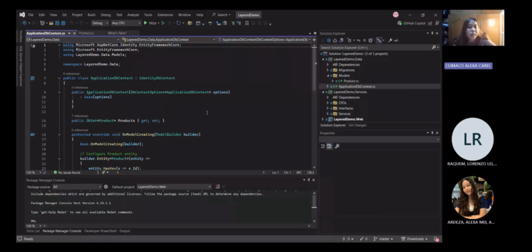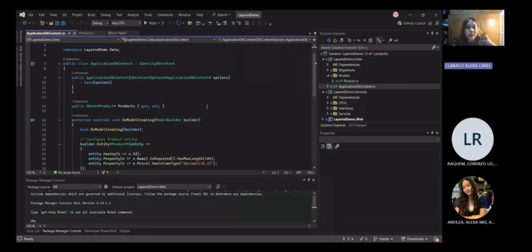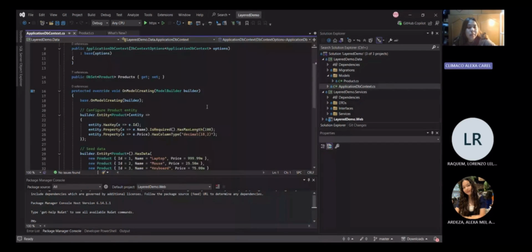Seed data is included to help quickly test the application, and migration support makes updating the database straightforward. So the key points for this layer are Entity Framework, simple, clear definitions, database migrations and seeding, and flexible database provider.